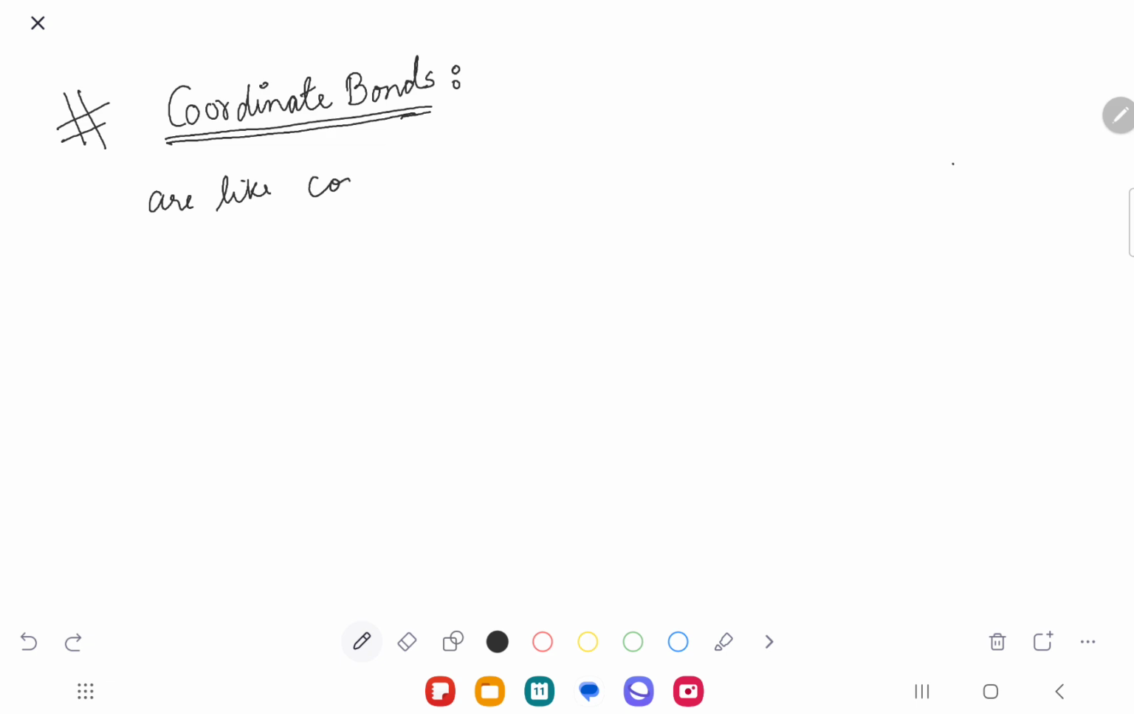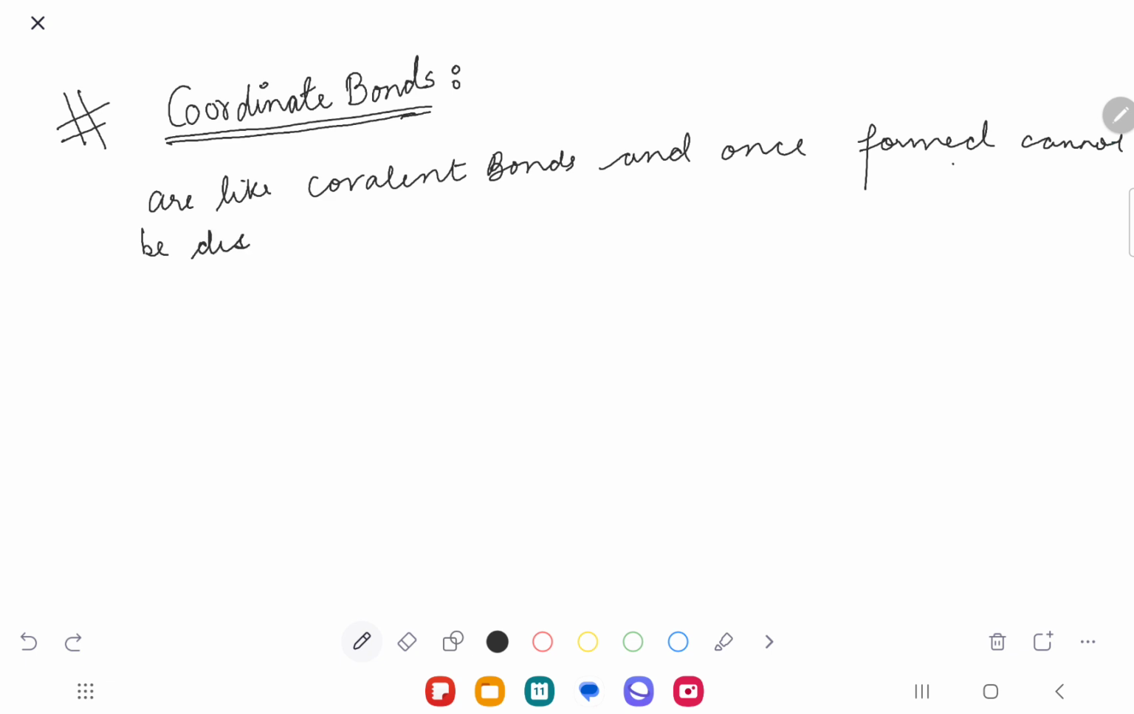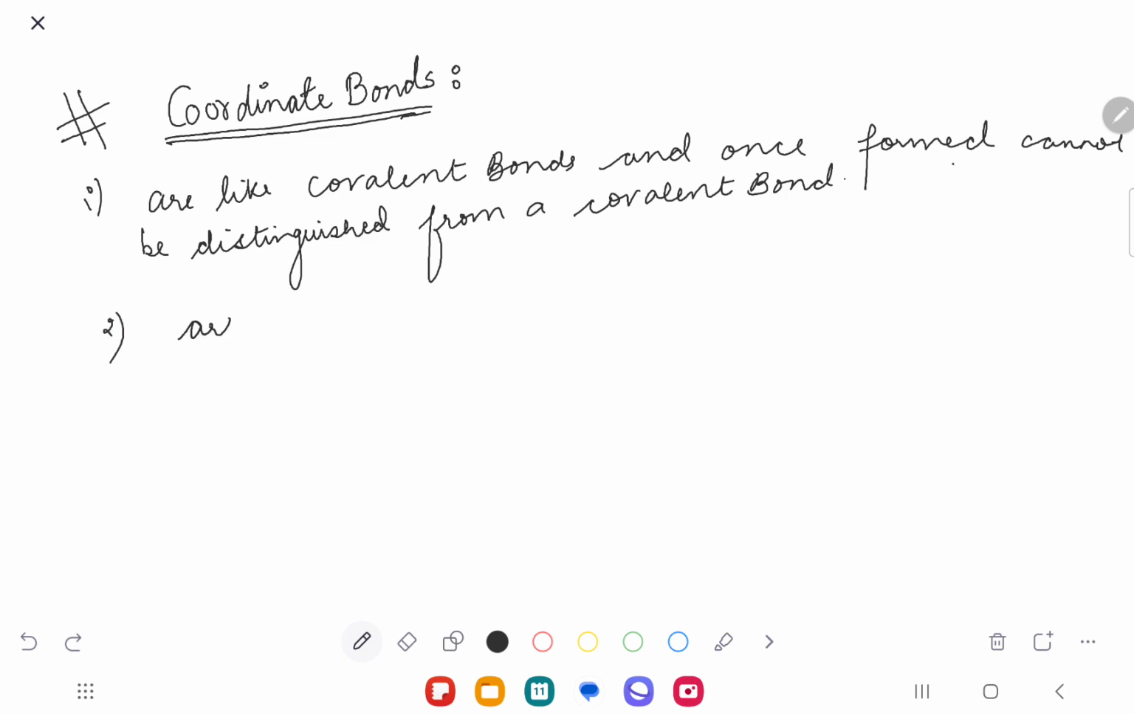Coordinate bonds are like covalent bonds, and once formed, they cannot be distinguished from a covalent bond, right? Secondly, coordinate bonds are formed